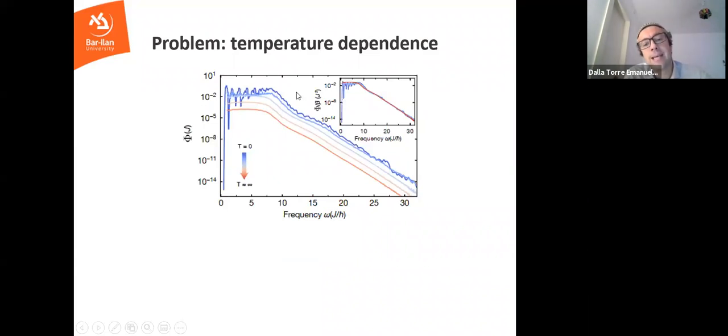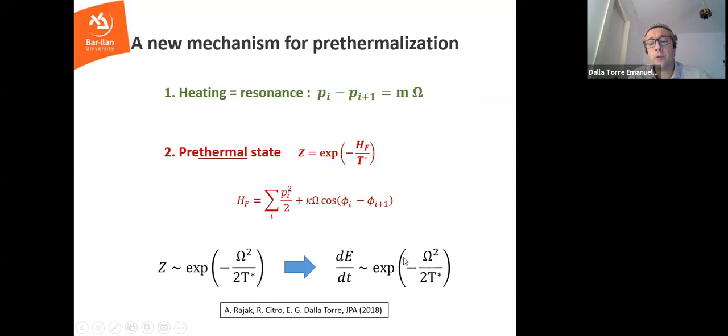So let me show you again the same curve as before. This is the blue curve. The blue curve is the same as before. Again, it's the energy absorption rate on the y-axis and the frequency on the x-axis. And again, you see this line, which is this exponential suppression. But these curves refer to different, initial temperatures. Again, it's numerics, but the experiment seems to go in this same direction. What you see here is that the slope does not depend on the temperature. So in my argument, the temperature was important. I told you if the temperature is high, then there is no exponential suppression.